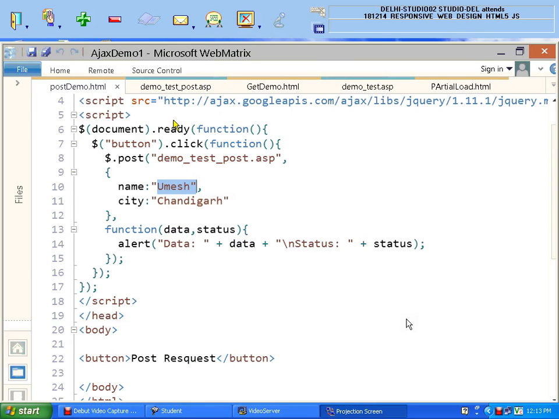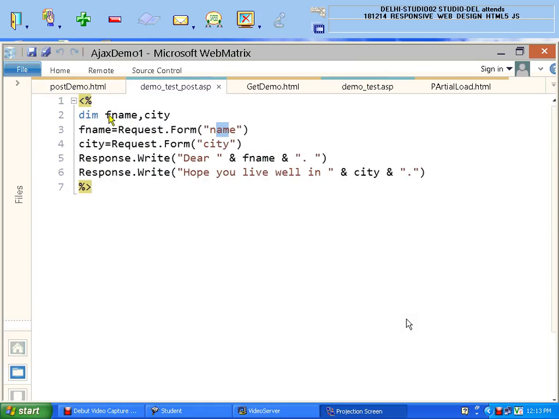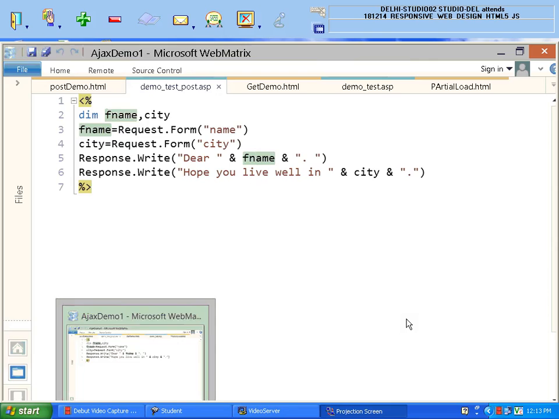So this value, Umesh, will go to this place, and it will display me the message, dear Umesh. Okay, and similarly, hope you will live well in Chandigarh. I will try to run this page.